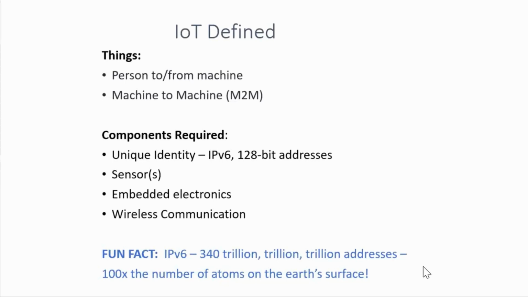So does a mobile device have those four things? Yes. So technically a mobile device is an IoT device as well. And then of course, I put a little fun fact down there. One of the key constraints for IoT was, again, that uniqueness, being able to identify each device uniquely. And so IPv6 presents us with a multitude of IP addresses, and it says here 340 trillion addresses. So 100 times the number of atoms on the Earth. So we're not running out of those anytime soon. So good. We're good there.